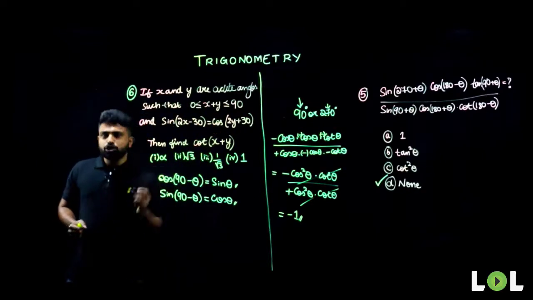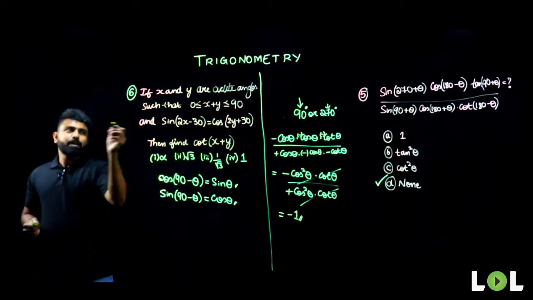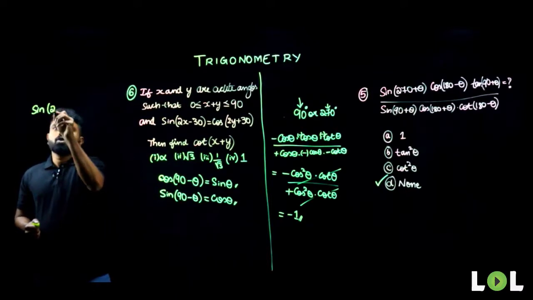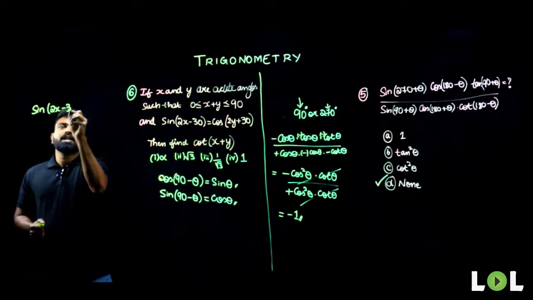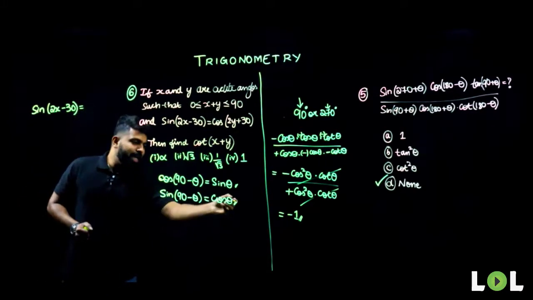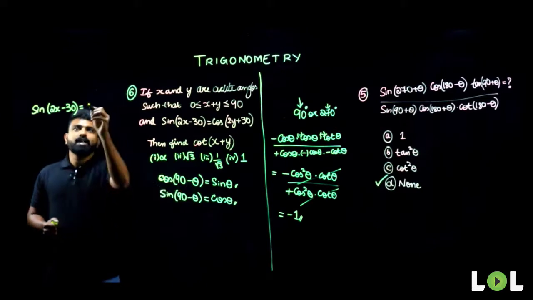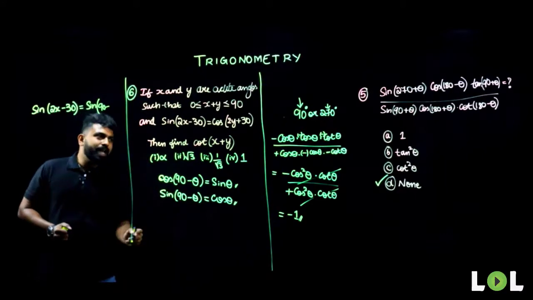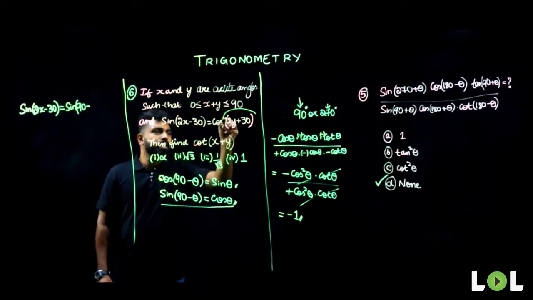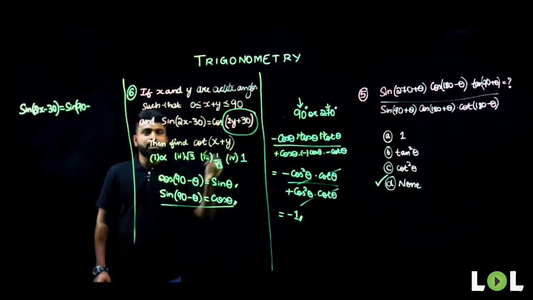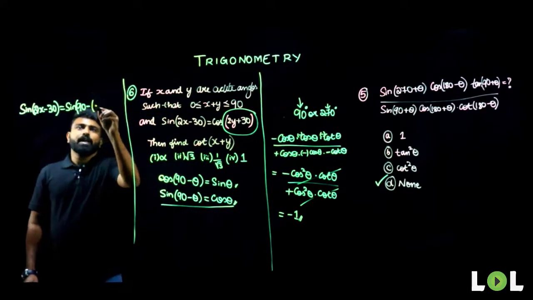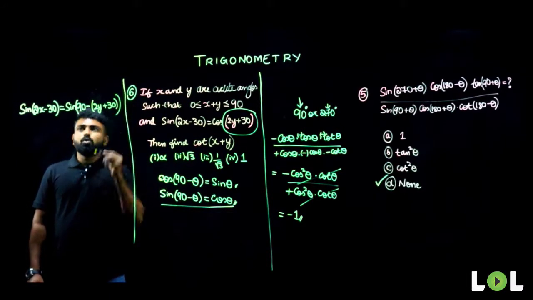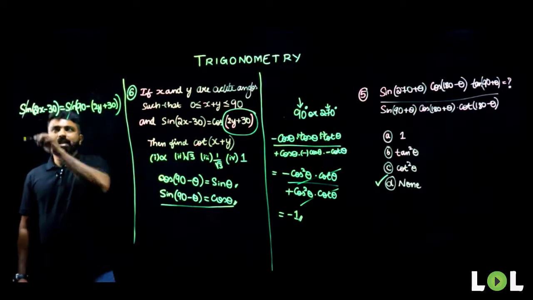So what do I do here? I'll convert my cos to sine. I'll write my left hand side the same way as it is. So I'll be left with sine of 2x minus 30. Now look at this. How can I write my cos theta? Cos theta can also be written as sine of 90 minus theta. So it will be sine of 90 minus, what is the value of theta that I have here? I have to consider this entire expression, 2y plus 30, as my theta. So this will be sine of 90 minus (2y plus 30) here. So what will I get? I can cancel out my sine and sine directly. So what will I be left with?